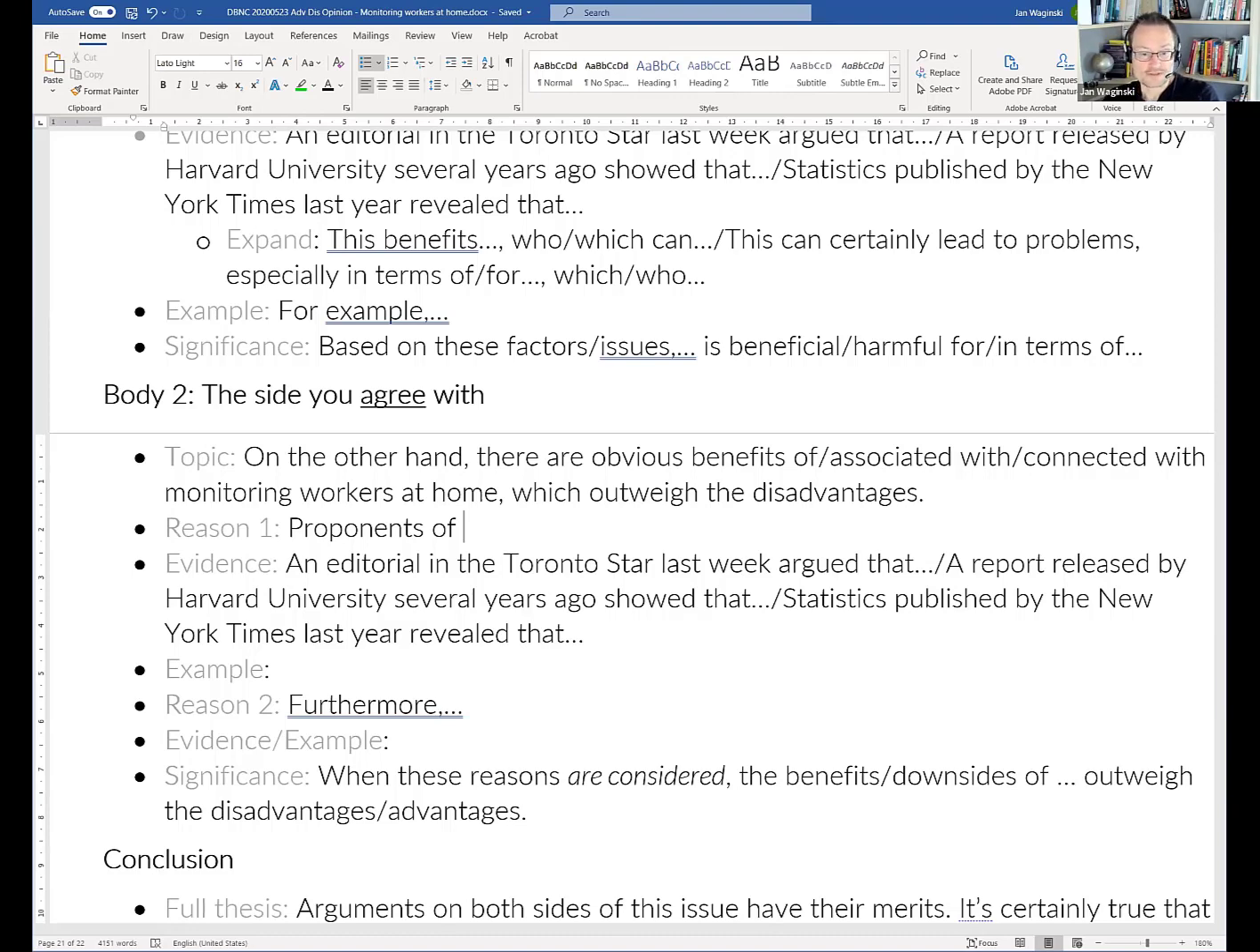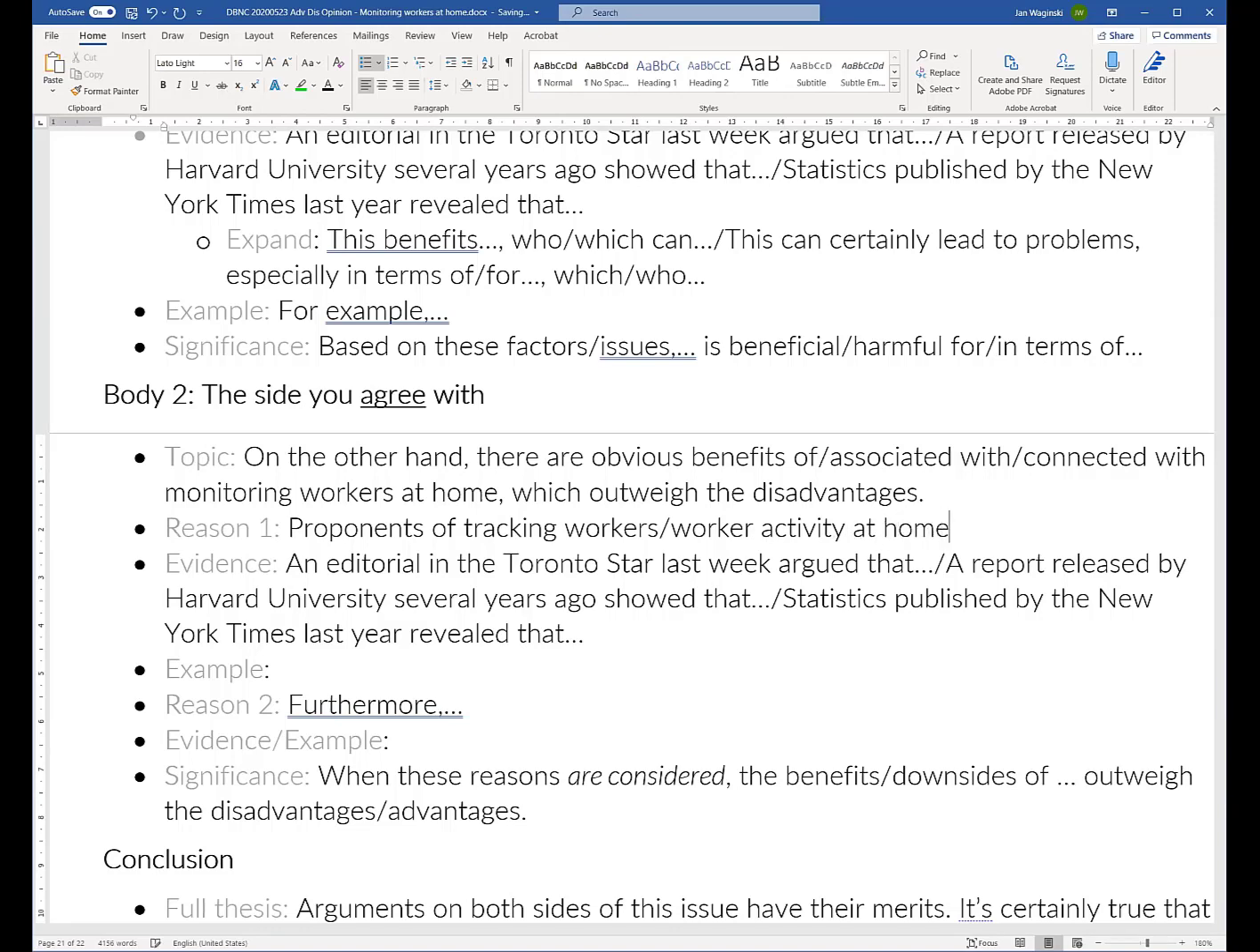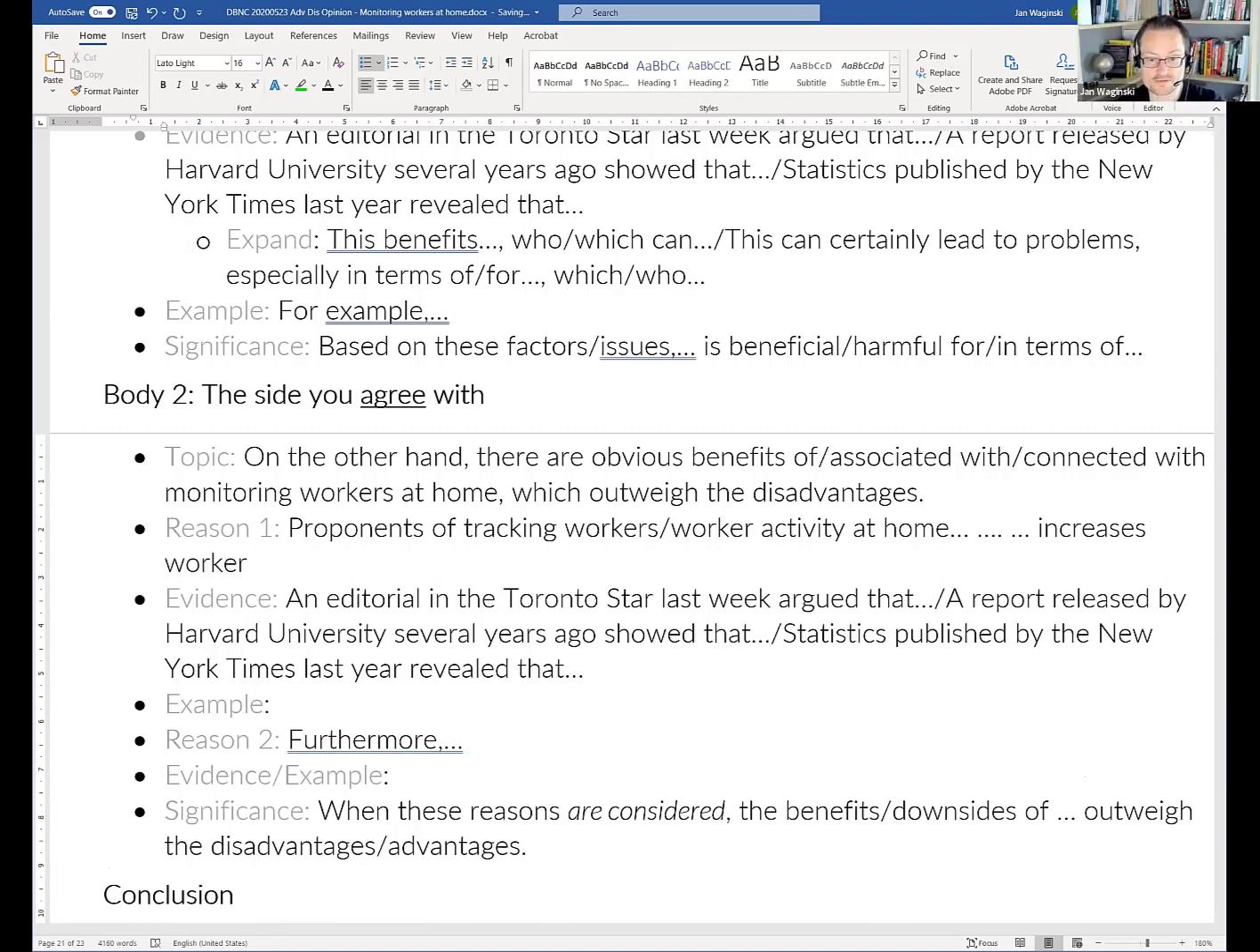Okay, what's our next sentence going to be? Okay, so proponents of tracking workers at home increases work productivity. Worker productivity or the productivity of work? Just increases worker productivity. Worker productivity. And